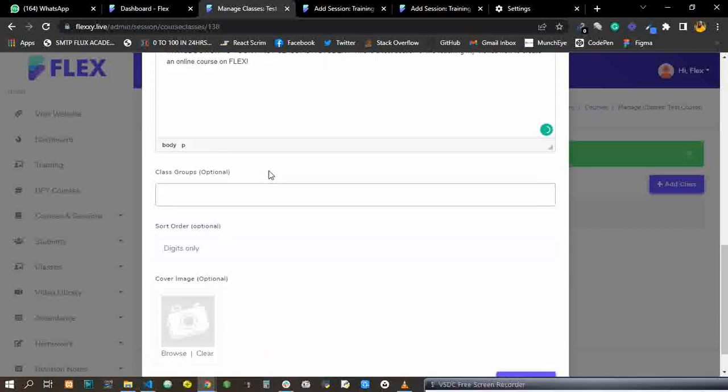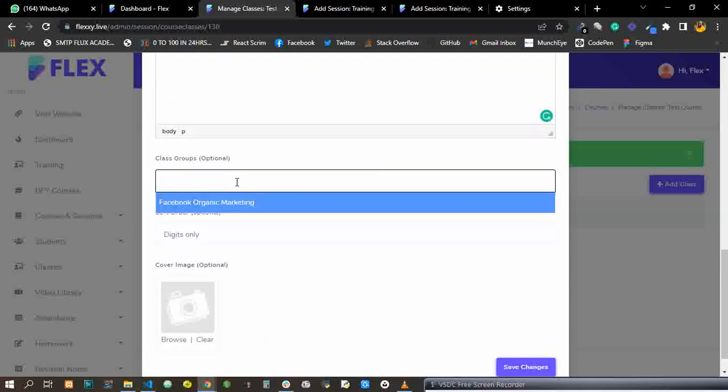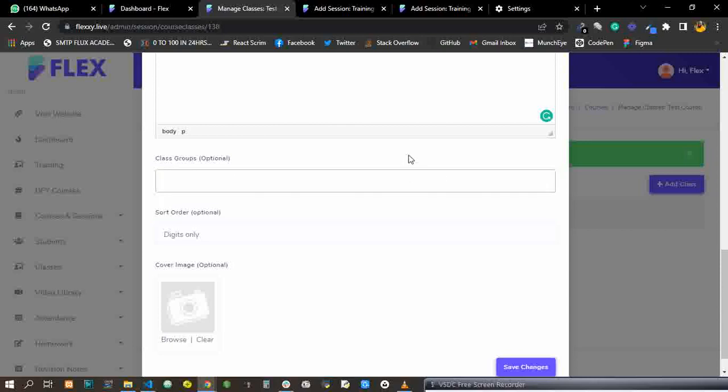So that is it. Now I'm going to add a class group. All the classes are grouped, so if you don't have a group for this particular class, you can leave it blank. So you can sort this class